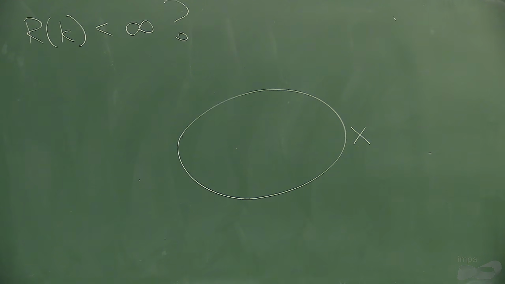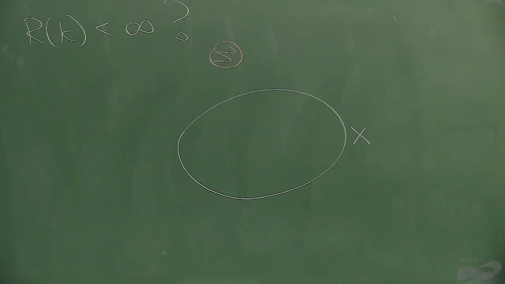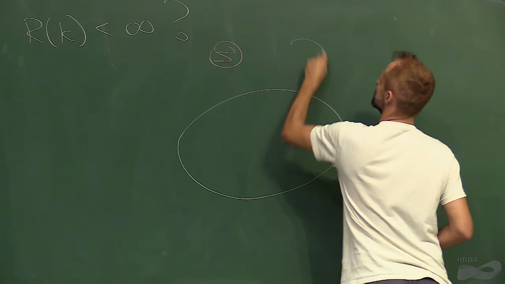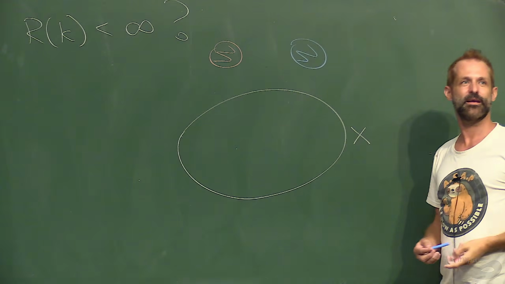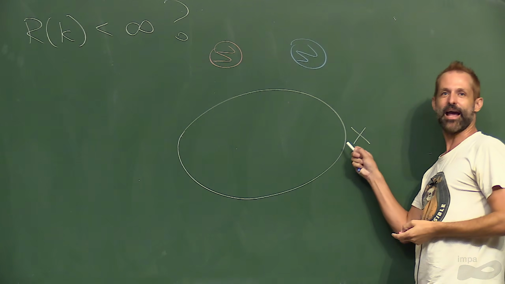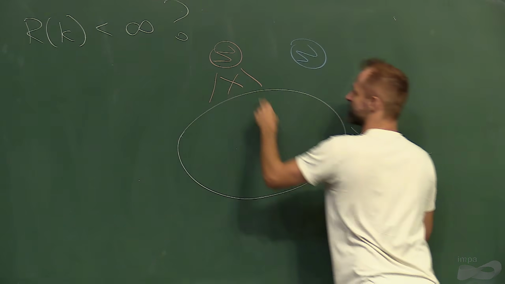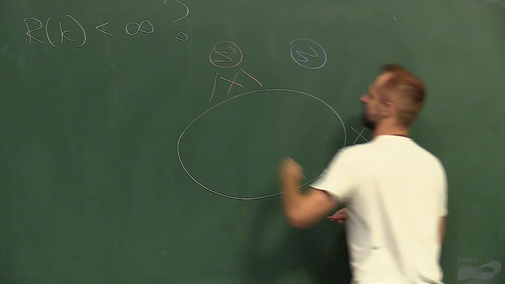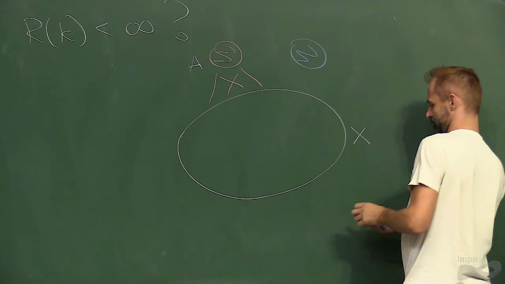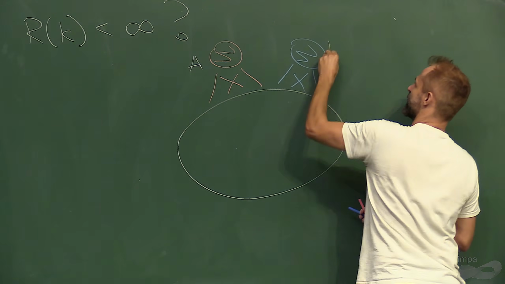And how are we going to do it? Well, we're not just going to build a red clique. We're going to build a red clique, and we're going to build a blue clique. And as we build these cliques, we're going to shrink x. We're going to shrink x to be the vertices that only send red to this red clique A, and only send blue to this blue clique B.